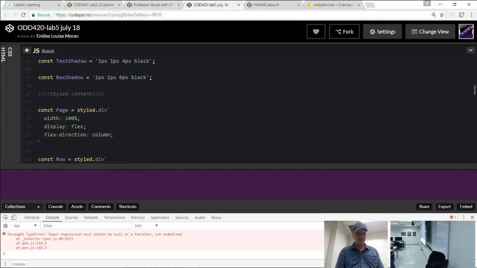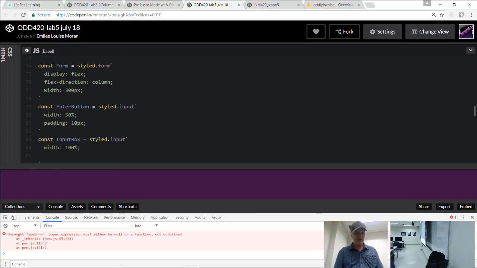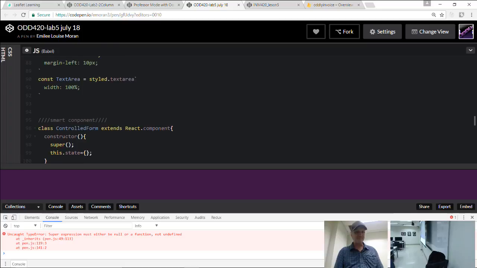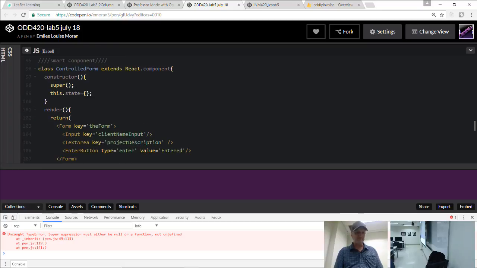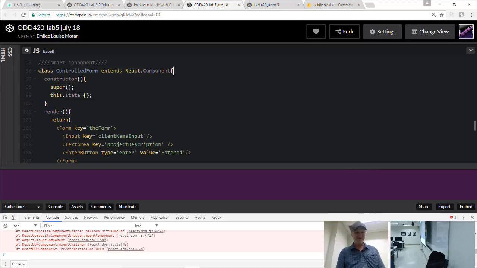What are we missing? There's something I'm not seeing here. Component, no, doesn't matter. Oh, you're right. You're neck and neck with Nari now. You are both even. That's got to be a capital C on React.Component.